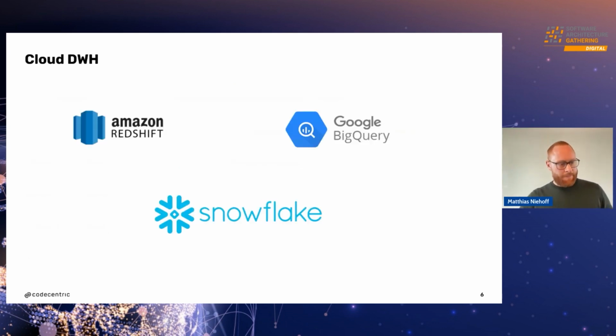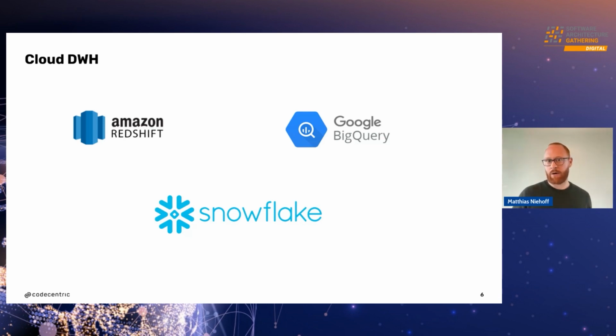Then in the last years, cloud data warehouses gained further widespread use in the industry, beginning with Amazon Redshift, one of the early ones, together with BigQuery. I would say BigQuery is far more interesting because it's actually serverless, and in the last years especially Snowflake gained in popularity. So we're doing the data warehouse stuff, but in the cloud. It's easier, scalable, and not a huge upfront investment.